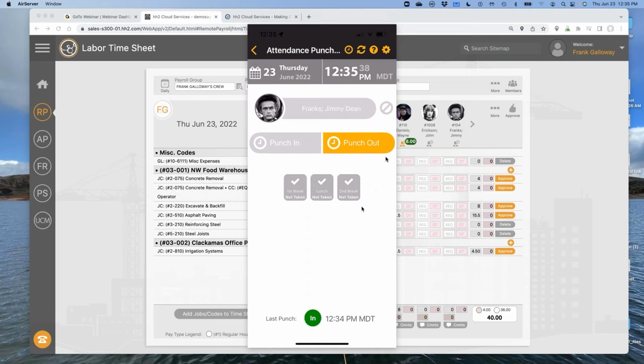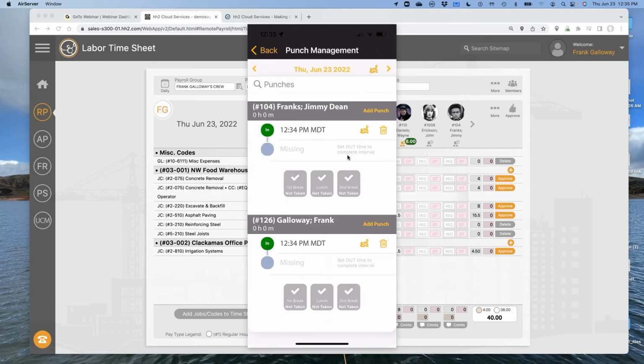Now, in addition to punching in and out and capturing a photo, if you were to turn that on, I have something turned on called GPS stamping. So where they clock in and clock out can be recorded exactly where they clocked in. At the top of my device, I've clocked in Jimmy at 12:34, same thing with Frank.